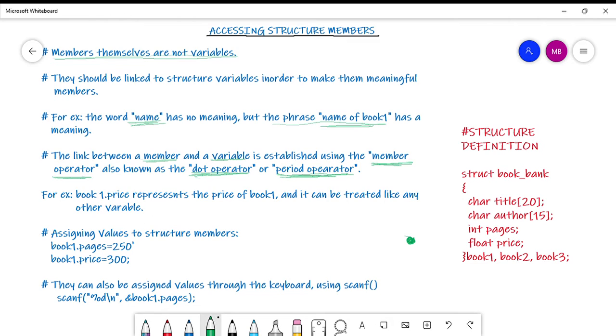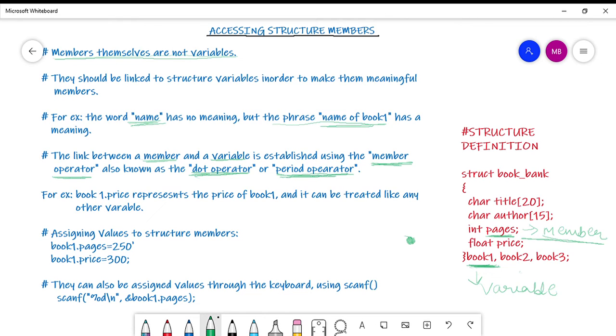For example, here the variable book 1 and the member pages, right? Pages is my member, a member of the structure, and book 1 is the variable of this particular data type, struct book bank. So to establish a relationship between pages and book 1, you establish it with the help of the member operator.